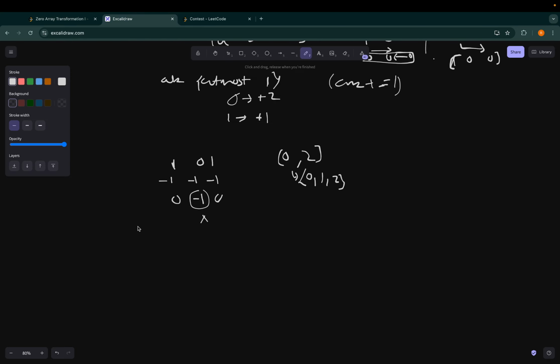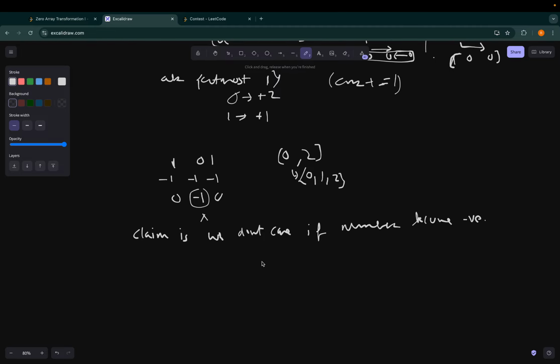And the claim is we don't care if numbers become negative, and this is because if they become negative, we can correct our previous turns. We can correct our previous turn. So what I mean by that is, let's say